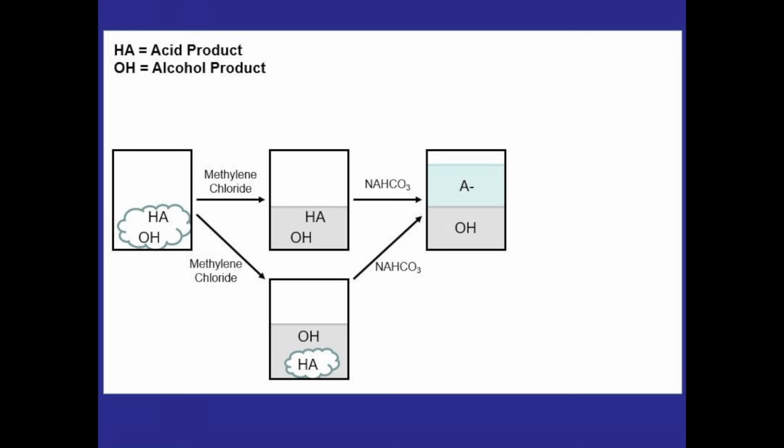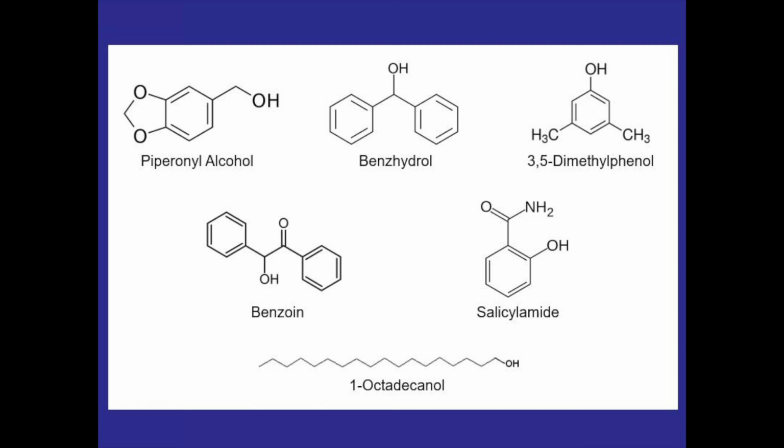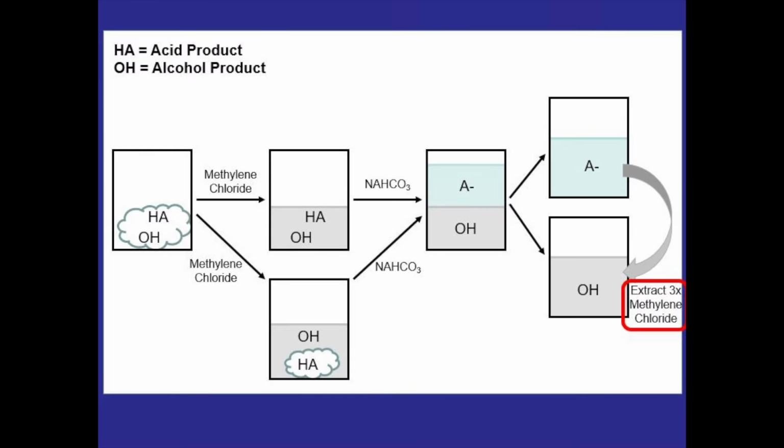methylene chloride. Once we're here, we'll separate the two phases, making sure to keep both of them, and it's possible that some of the alcohol may be somewhat soluble in water, especially this alcohol. So to make sure that we get all of it into the organic layer, we'll extract the aqueous layer 3 times with methylene chloride, combining it with the original organic phase. We don't have to worry about the acid moving into the methylene chloride during those extractions. Because it's ionized, it won't want to interact with the organic solvent at all and will remain in the aqueous